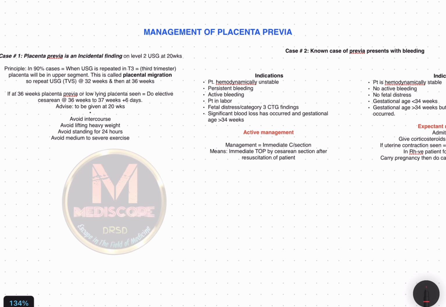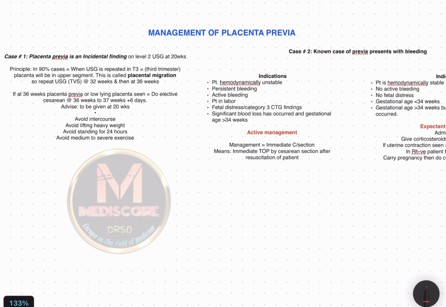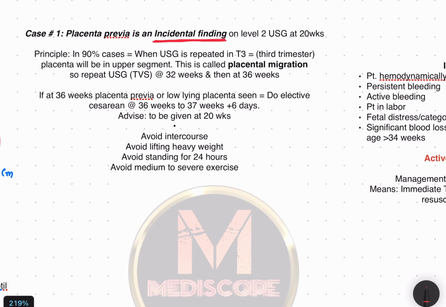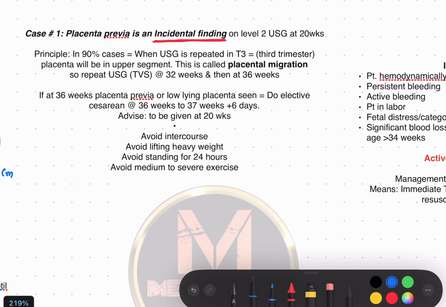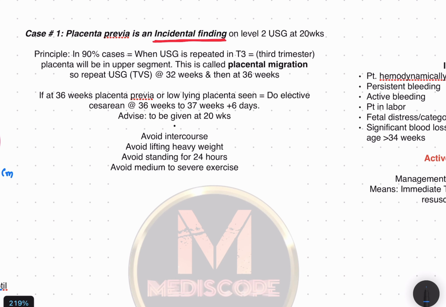So we have two cases, two conditions. Number one, where the placenta previa is detected antenatally, so that was an incidental finding. Another, where the placenta previa is symptomatic and the patient presents to you with bleeding. So how are you going to manage both cases? First, coming to case 1, where the patient was diagnosed incidentally with placenta previa on level 2 USG